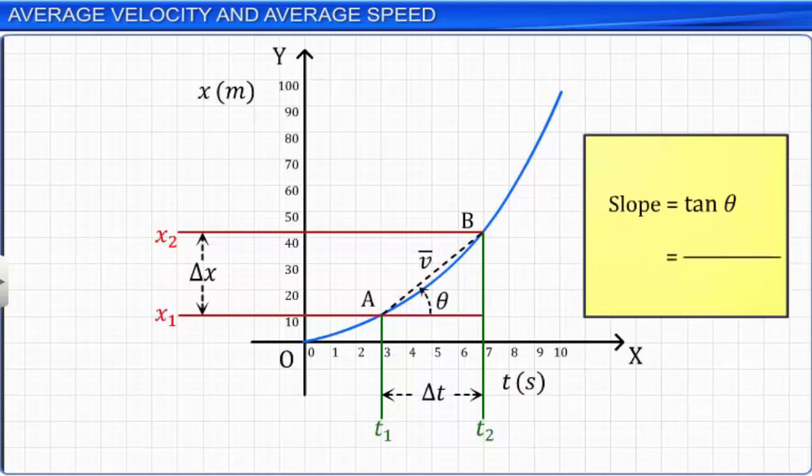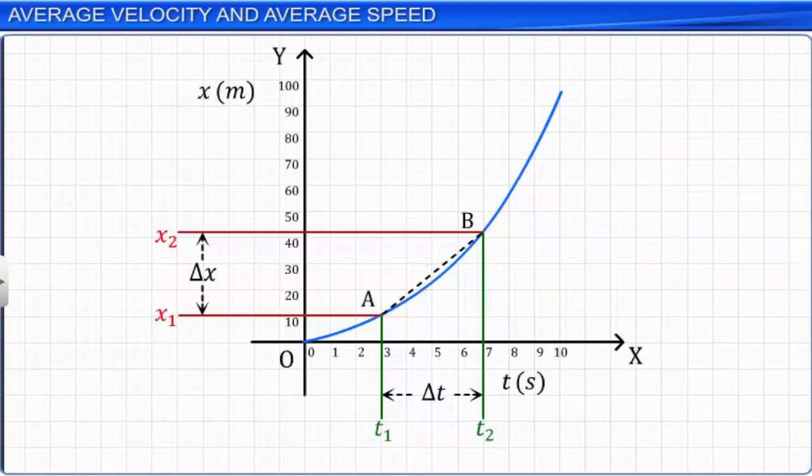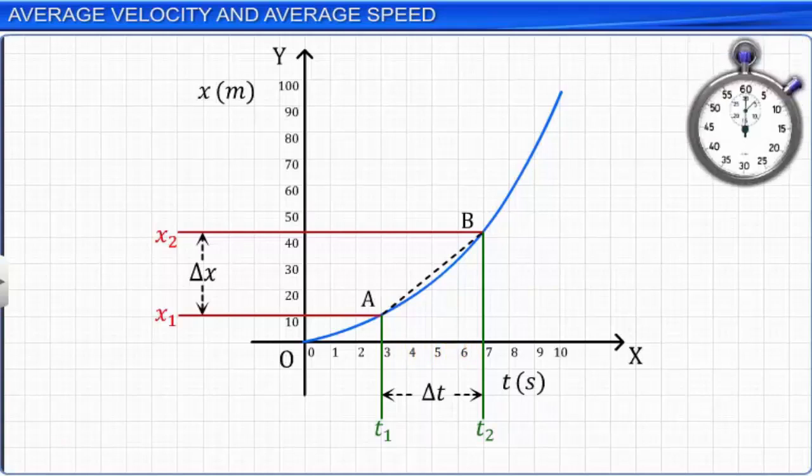If you observe the graph carefully, you will find that the displacement is different in different intervals of time. That is, from the 3rd to the 4th second, from the 4th to the 5th second, and so on. For calculating the average velocity, we take the total displacement and total time elapsed. In other words, it is the average of different velocities obtained at different instants of time. For example,